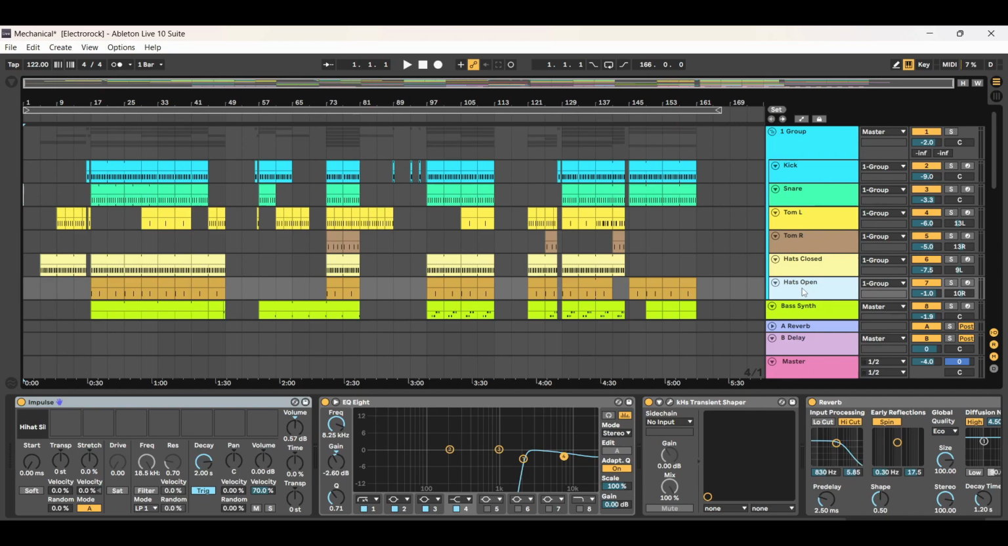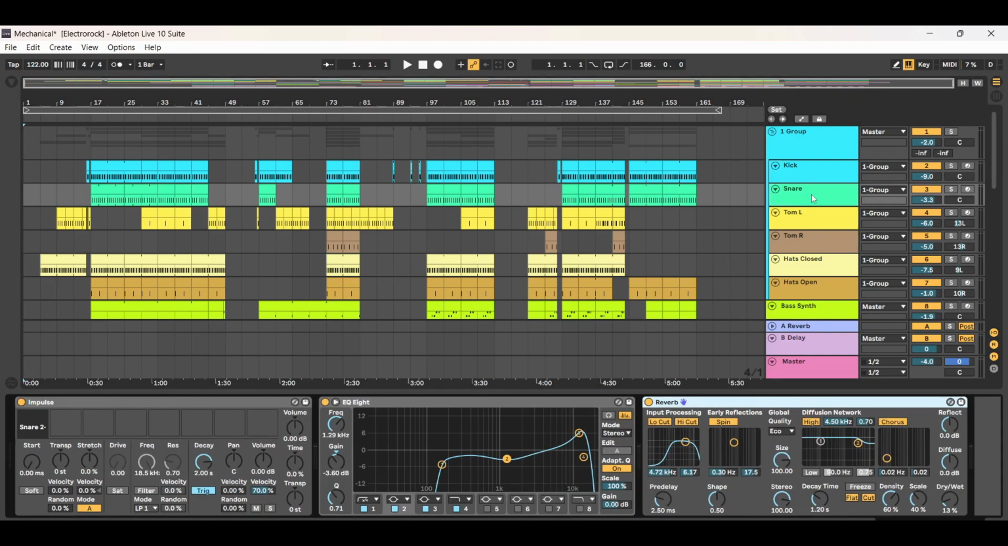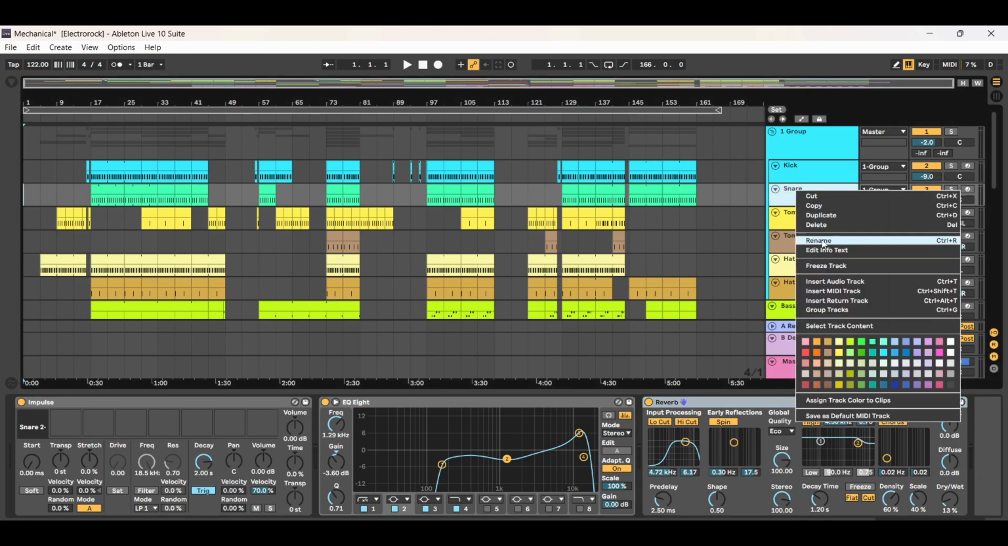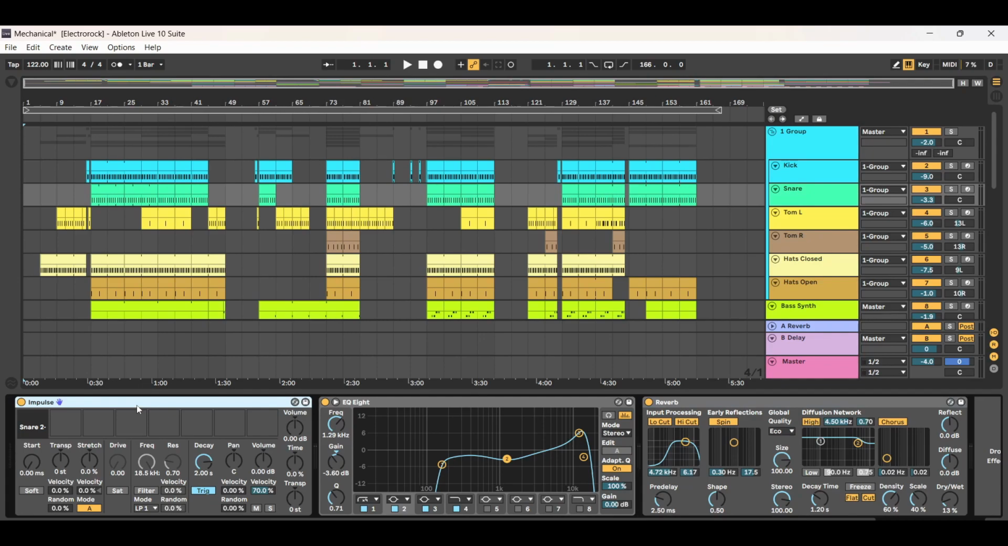Okay, so following on from the kick drum, I've followed a very similar approach with the snare, which is again to create a MIDI instrument channel, and that's channel 3 for the snare. Name it as snare, which you can do by clicking and hovering over rename. And then I've gone in and I've dropped an impulse instrument template into the instrument channel down here,